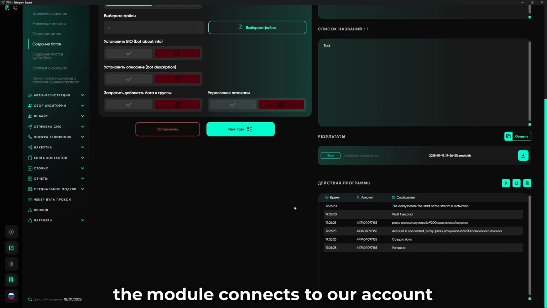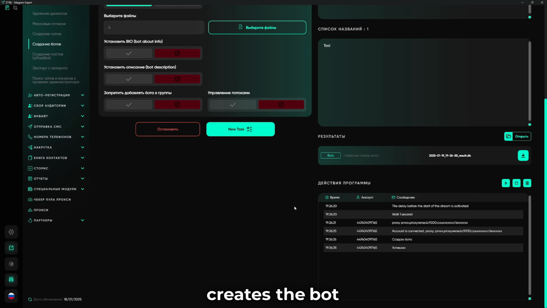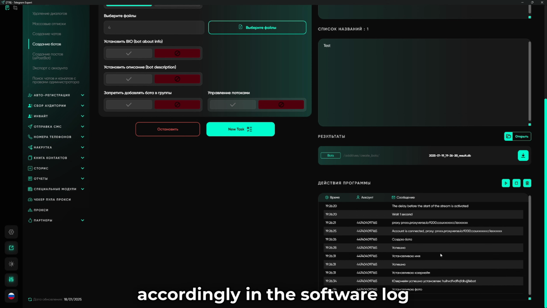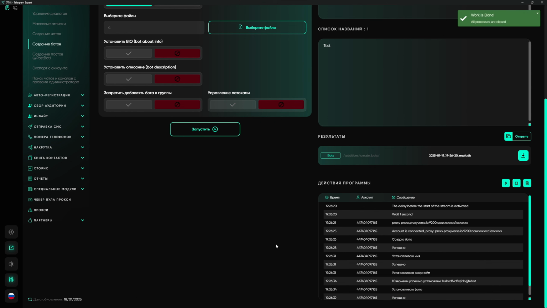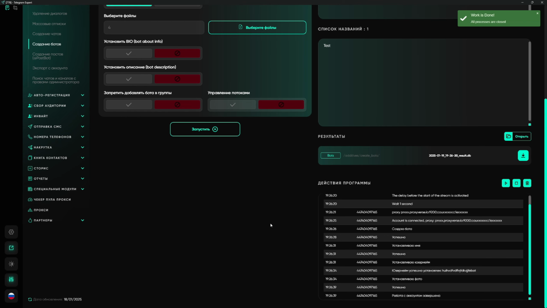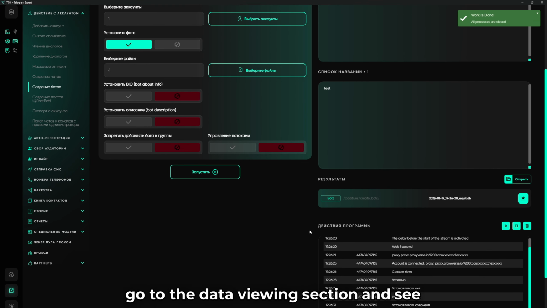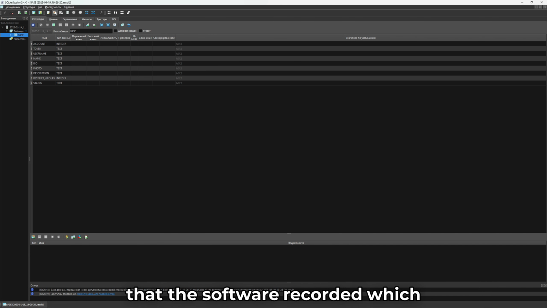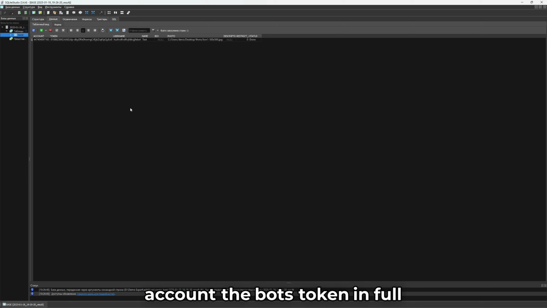The module connects to our account, creates the bot, sets the name, and logs all its actions accordingly in the software log. The software also created a database for us. We open our database, go to the data viewing section, and see that the software recorded which account the bot was created from and the bot's token in full.